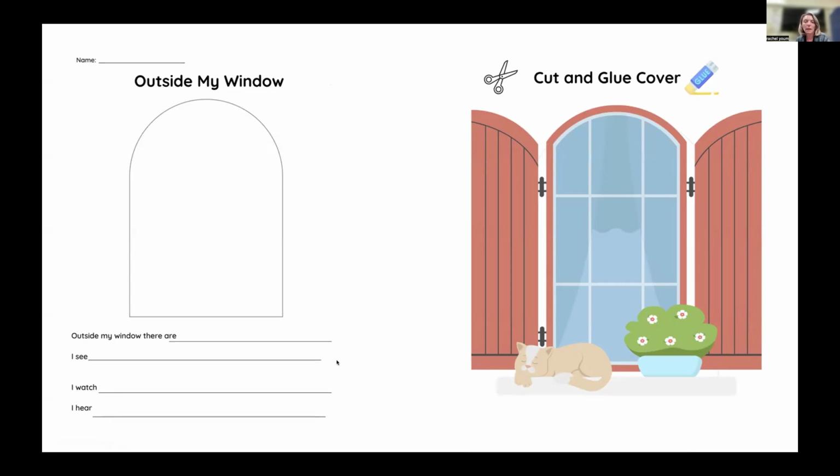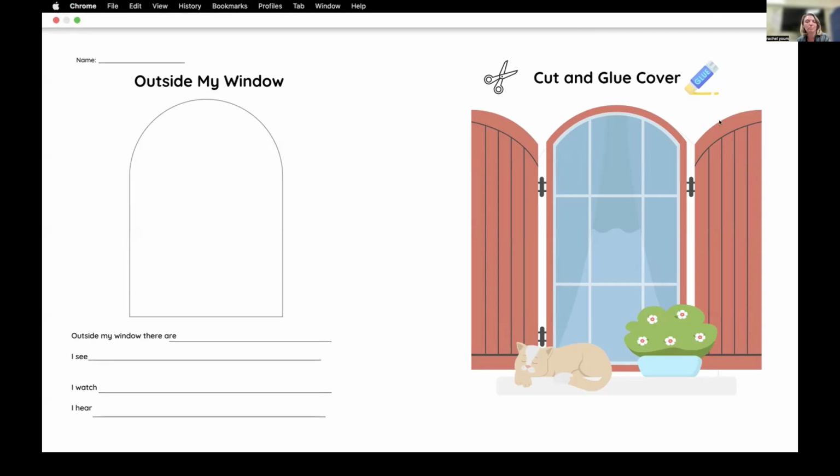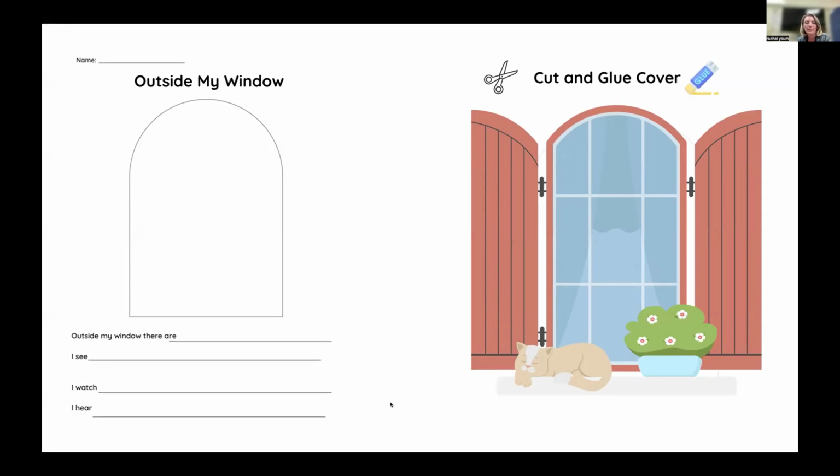Again, the links to the Canva documents are inside the folder, so you can click on them and make a copy. If any of the links don't work, let me know. I'll try to figure it out, because the whole sharing through Canva is kind of new for me too. So those are a couple of units.